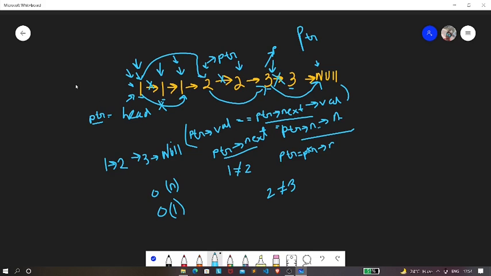So for this problem there are two corner cases. It may happen that we have only one element. If we have only one element, that means head of next will be pointing to null, and if this condition is satisfied, we're going to return head. It may also happen that we have no elements in our linked list, which means that head is nothing but null. If our head is null, then also we're going to just return the head. So now let's see the code for this algorithm.